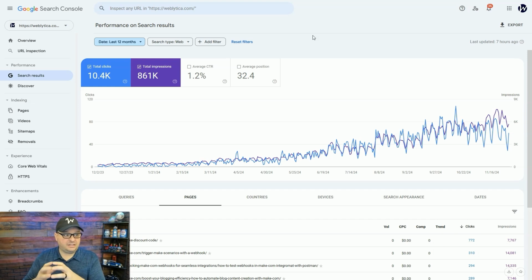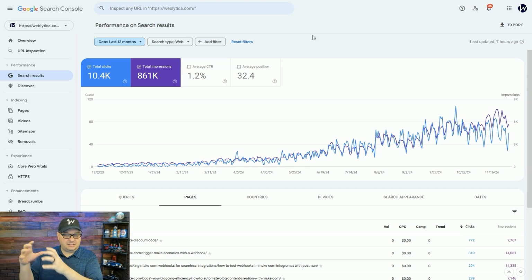But the reality is my clicks in the last 3 months versus the first 3 months of this year are more than 10x. And my awareness by showing up in searches is more than 10x as well. So the scale of this may not match your industry. I am in a niche that's fairly new.